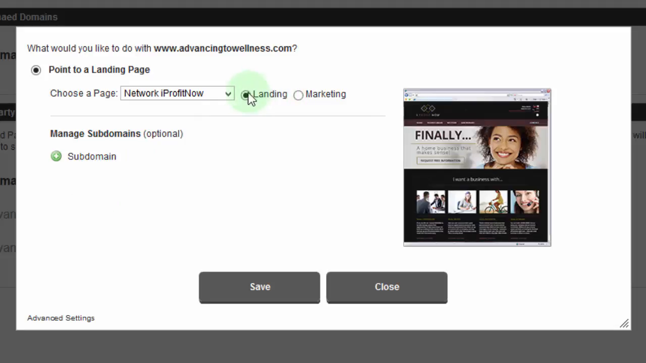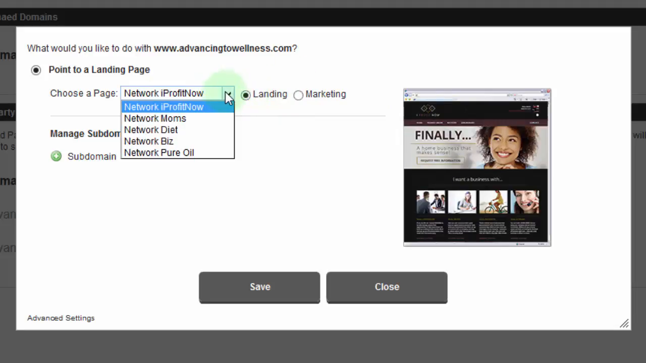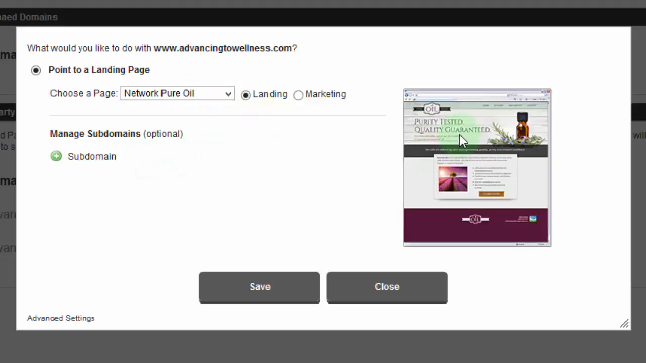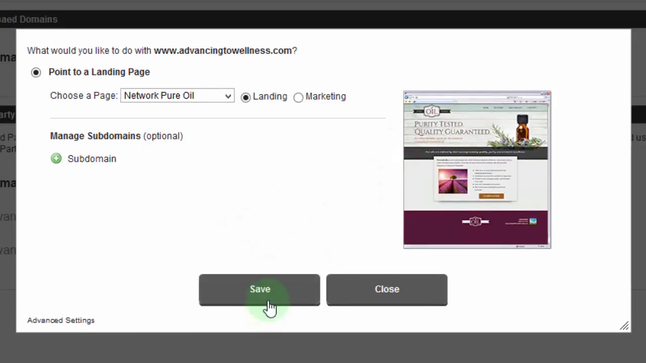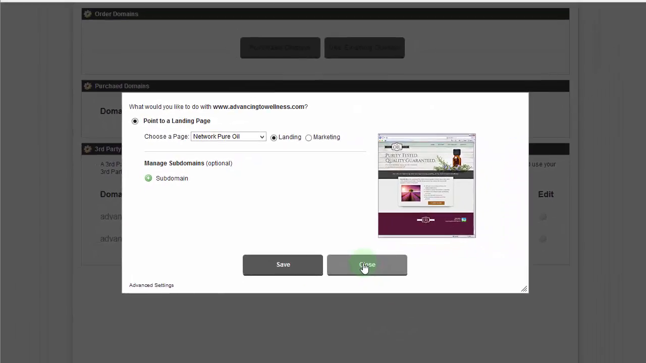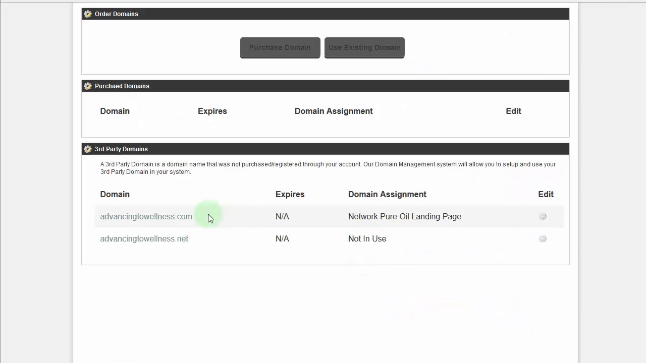Okay, so right now we're going to leave it on landing. We're not going to worry about marketing, just the landing pages. That's all you want to deal with right now. And I'm going to go back into Network Pure Oil. Pure Oil Today is the domain name, and I click on Save. Now once you save this, you click on Close, and there it is, the domain. It's now associated with the Network Pure Oil landing page,